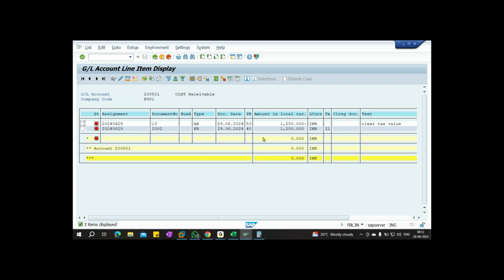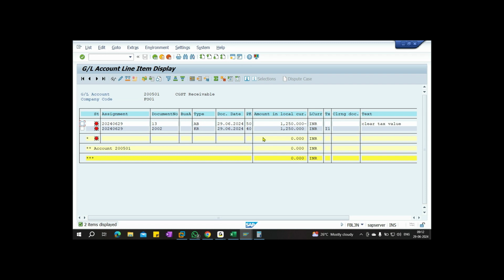So if we select for this, what's the entry which we pass? Let's go to F-03 as an example, and pass the entry selecting only these three CGST line items. For this, for example, CGST receivable, the balance should be 0, right? Say for example, if I go to F-03, I choose 200501. What about the credit line item?